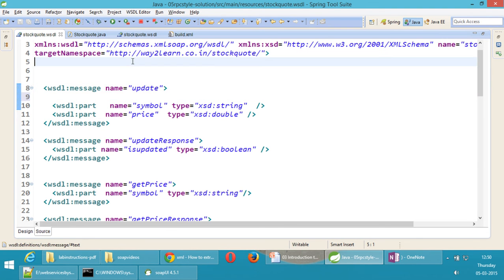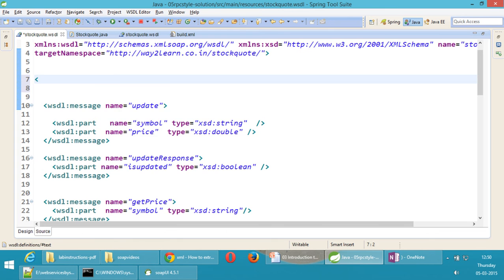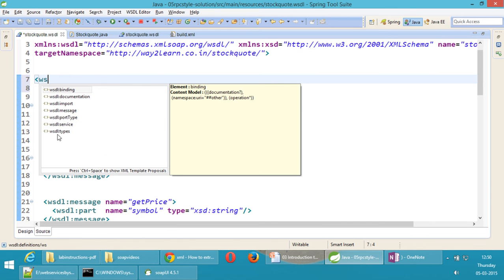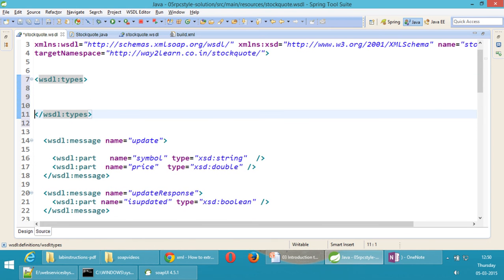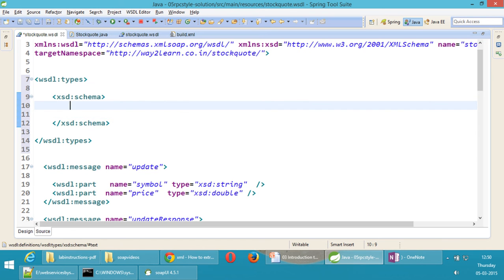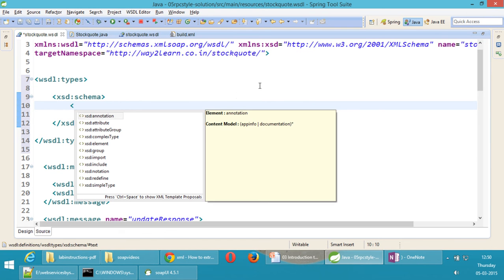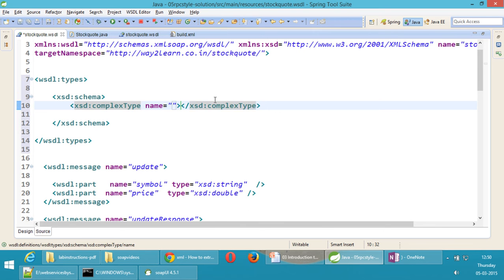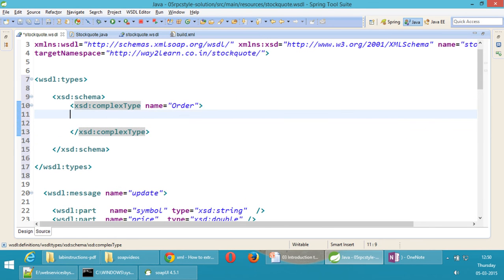Now what I should do? I should write the WSDL colon types. I should write the schema, and inside the schema I should define a complex type. Name is equals to order, and it contains a sequence.